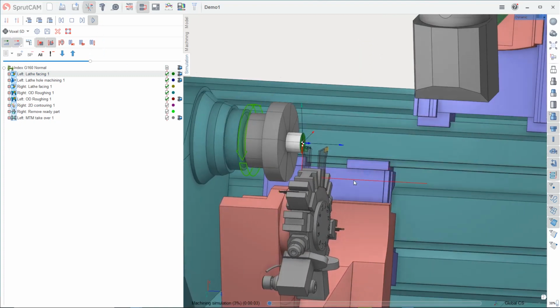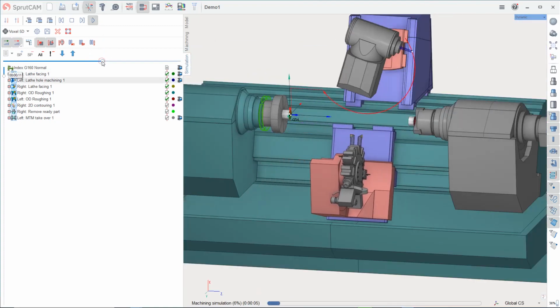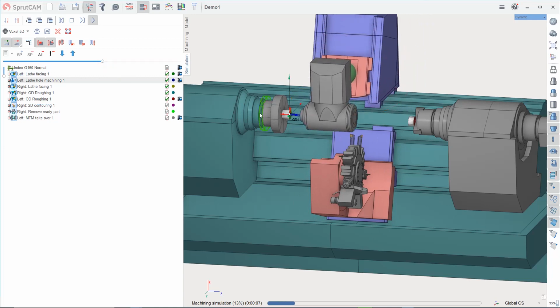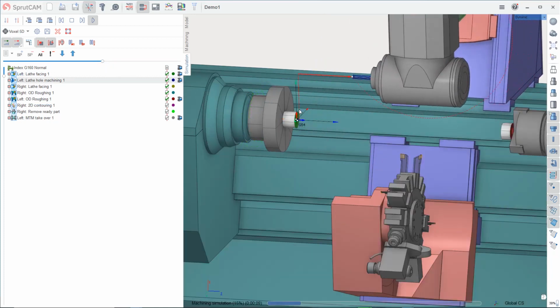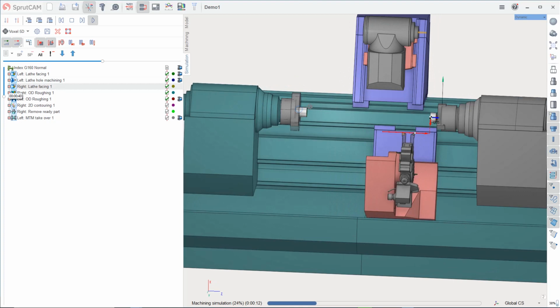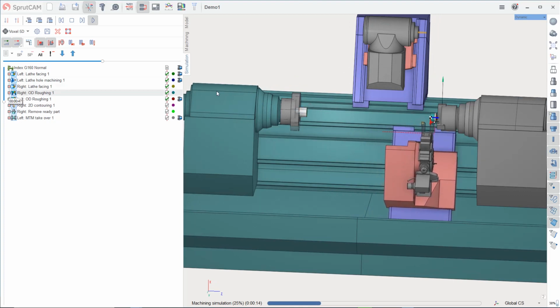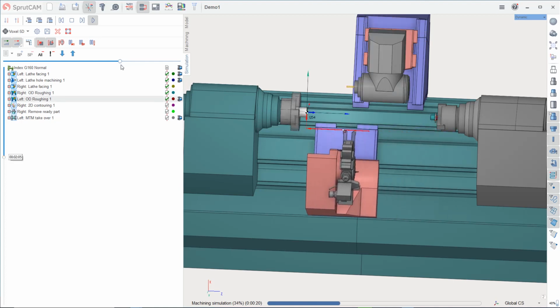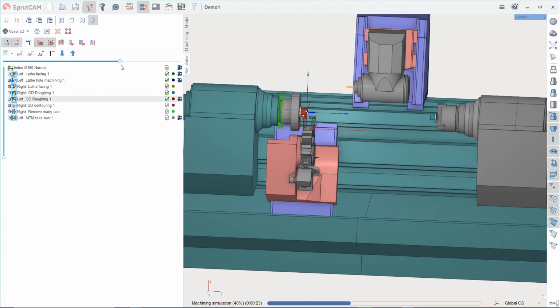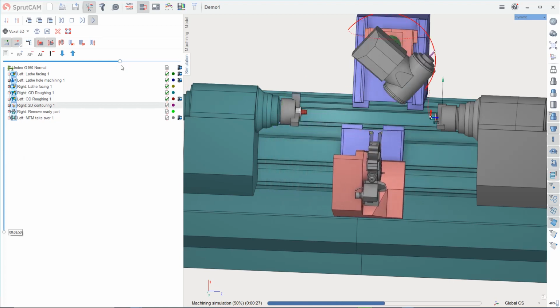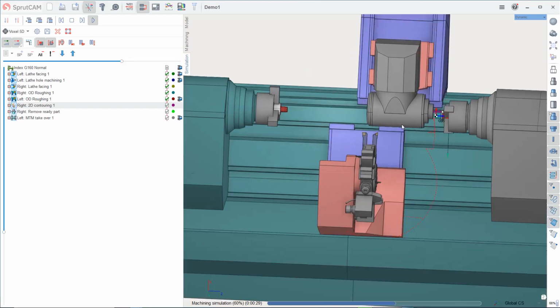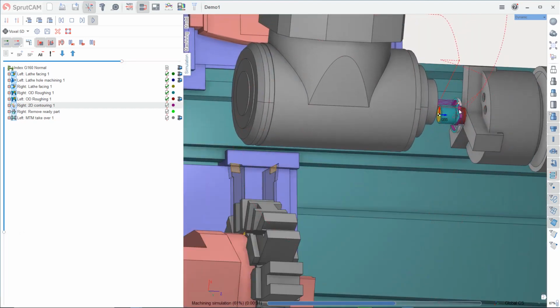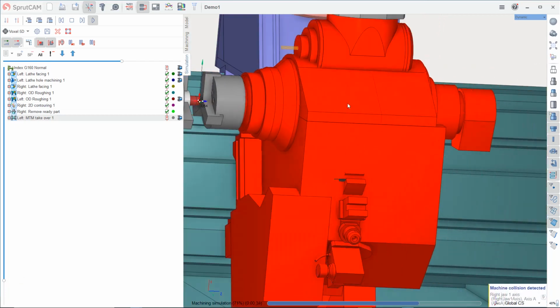Facing here, it's okay. Drilling. Okay. Facing here. Roughing. After that, roughing here. Okay. And after that, profiling here. It's better. And